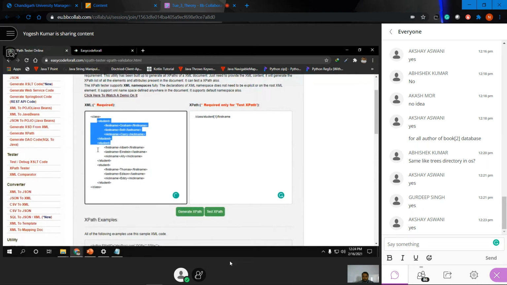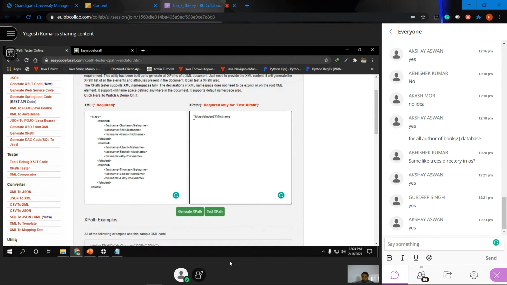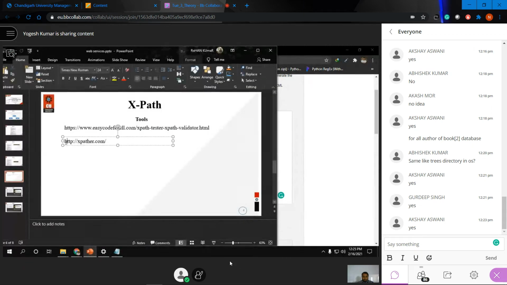Tag over here, to go for a single particular path with the help of this. So you can check the text path also. You can generate the XPath also, each and every tag, and you can also check for one of your tags. So let me again copy this path and go for the xpath.com over here.